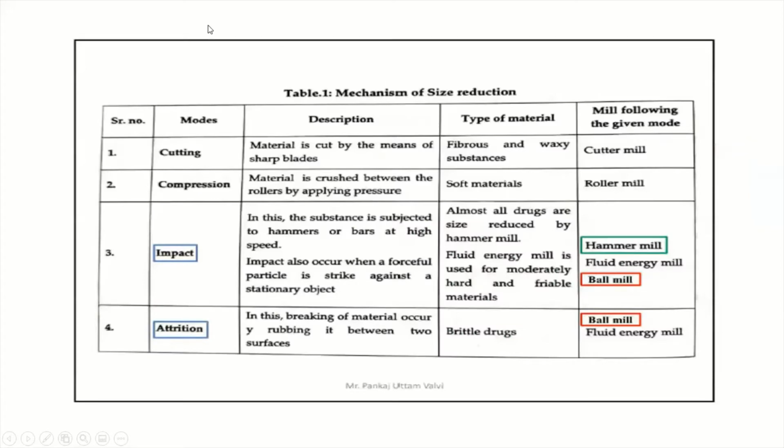So for the continuation, mechanism of size reduction, modes: cutting, compression, impact, and attrition. As a description, I will read it to you. In cutting, the material is cut by means of sharp blades. Type of material: fibrous and waxy substances. Cutter mill, and also I will add